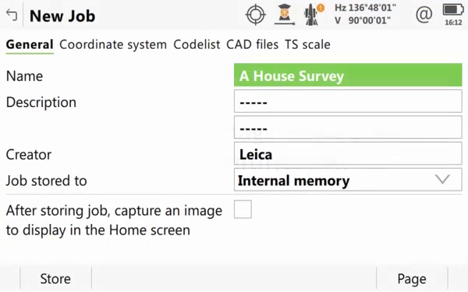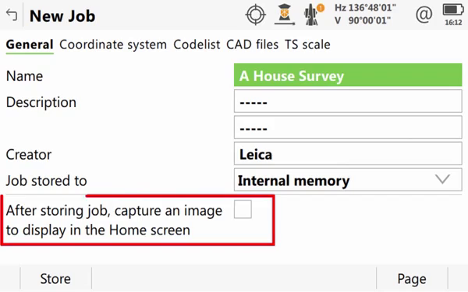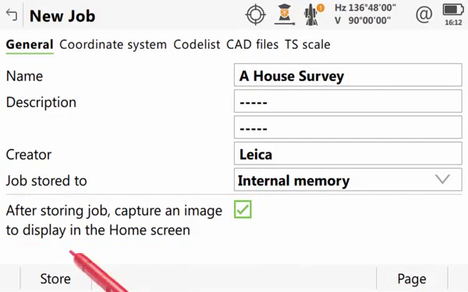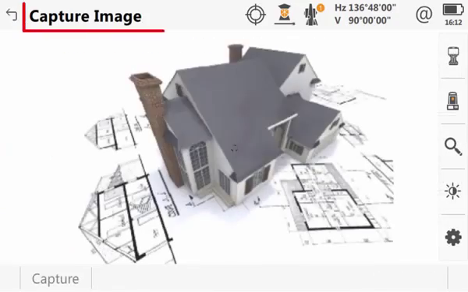General page and discuss the ability to use a captured image as the job's album cover. That is, it is used to identify the job within the home screen. The checkbox at the bottom of this screen allows us to take a picture once we store the job. So let's check that box. Now, when we press store, we'll create and store the job and the capture image with camera panel will be